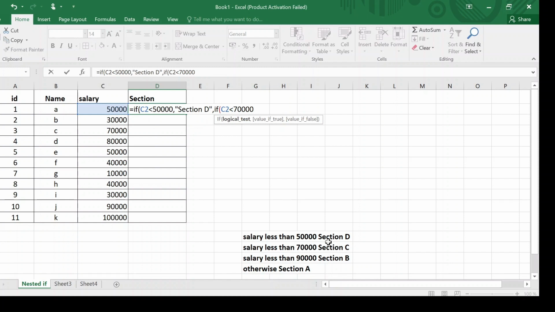If it is less than 70,000, then comma, within double quotes, section C,